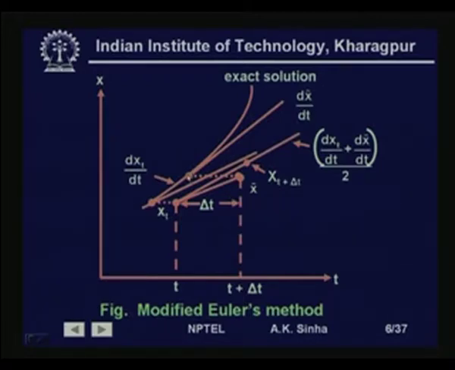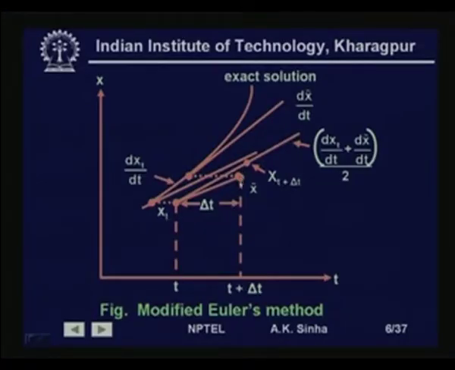So, what we are doing now is using this slope as well as this slope and taking the average of the two slopes, that is, dx t by dt plus dx hat by dt divided by 2. So, the average slope is shown by this line. If we use this average slope to find the value of x, we find that the new value will be coming out somewhat above this point,